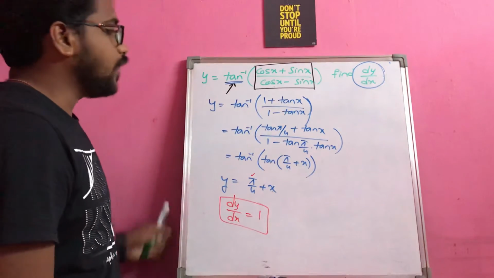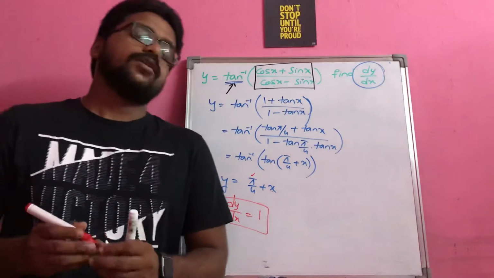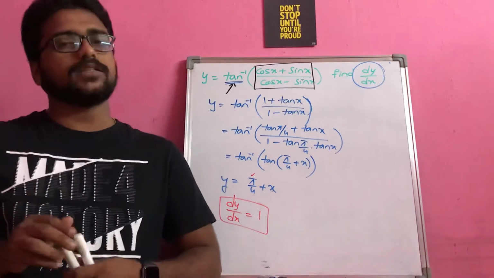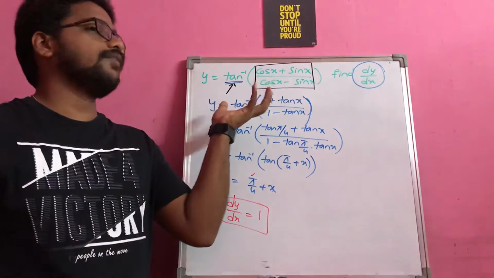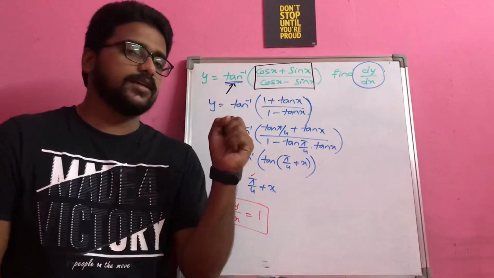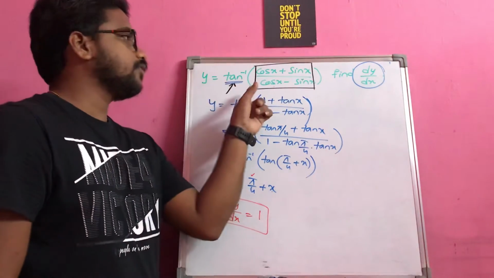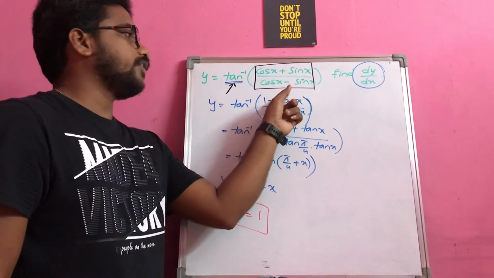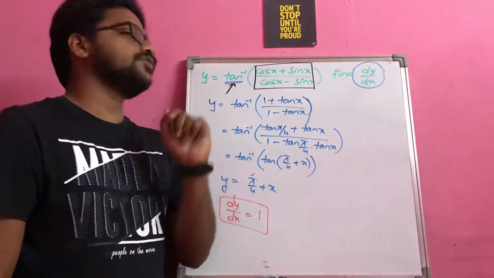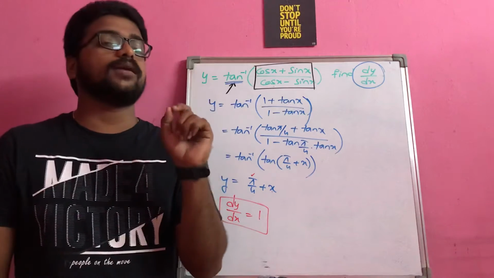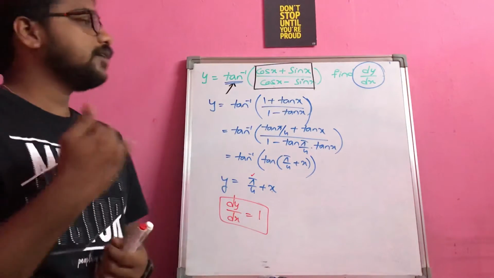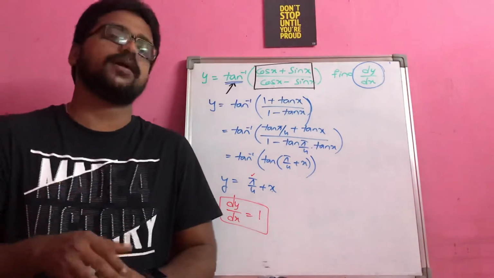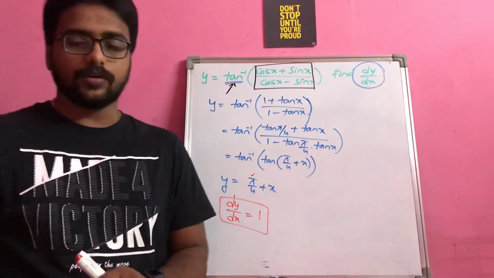So this is how you have to simplify the inverse trigonometric functions. Whenever you have an inverse trigonometric function in the question, you just have to think of how to convert this function into the corresponding trigonometric function of the given inverse trigonometric function, right? And then accordingly, if you simplify, your calculation part will become very simple. Okay.